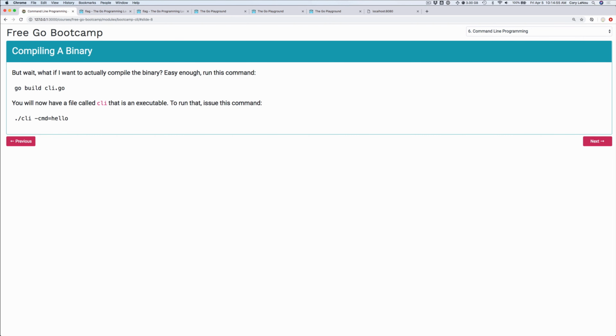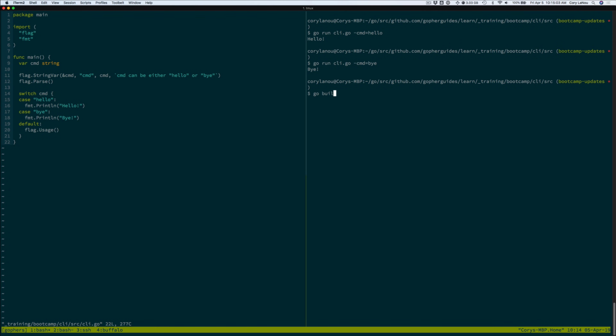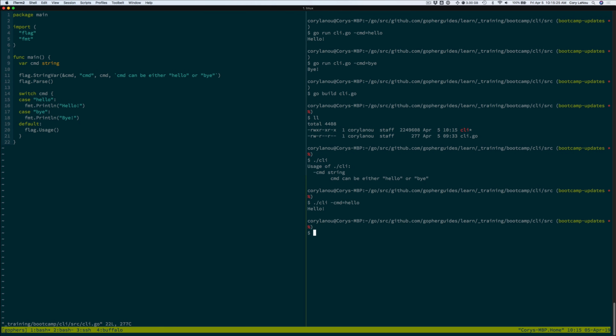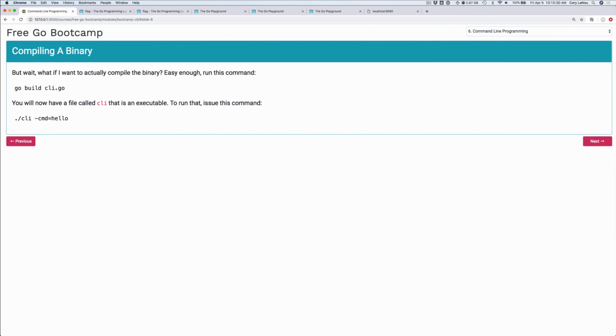Now, what if we want to actually compile the binary? We can do that pretty easily as well. If I want to build it, I can say go build CLI. And now you'll see I actually have an executable there. So now if I run that, I can just do this, and it runs it, right? Now it gives me the usage. Notice this time I'm not getting that big var temporary file, all that kind of stuff, because it's the actual binary. And I can prove that I'm running this. Now I can go ahead and pass in cmd, and there it works. So now I have an actual compiled binary. That was pretty quick, pretty easy to use.